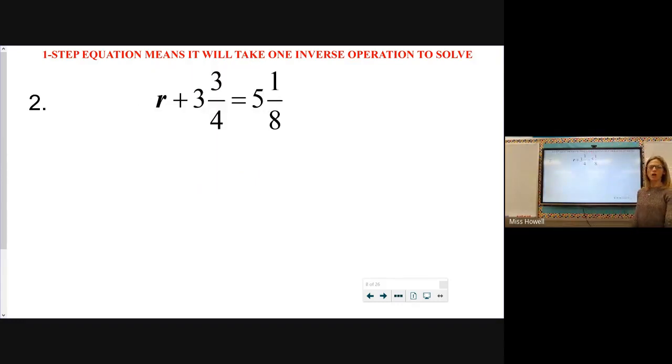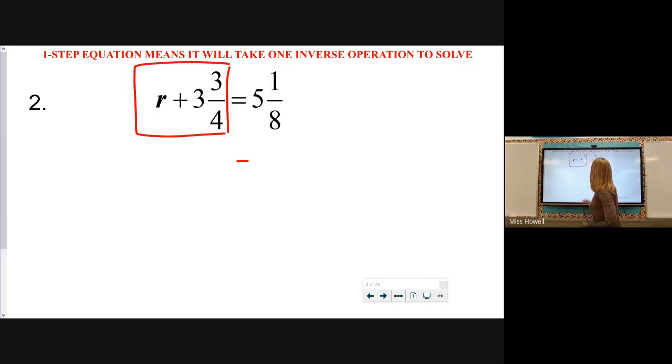Number 2. We have r plus 3 3/4 equals 5 1/8. Again, I want to focus on the side that has the variable, which is here in front of our equal sign. I need to remove what's in that box with r. Right now, inside there's an add 3 3/4. So we need to do the inverse of this add with this number of 3 3/4, which means that we're going to subtract, and the amount would be 3 3/4, and we have to do it on both sides